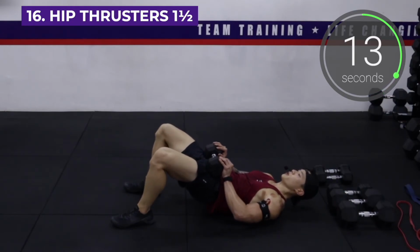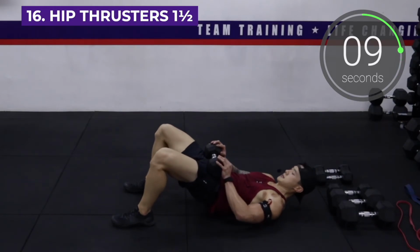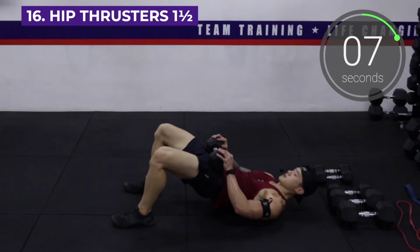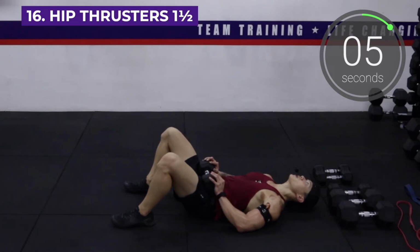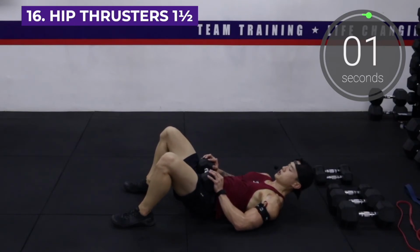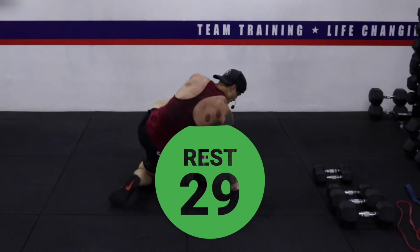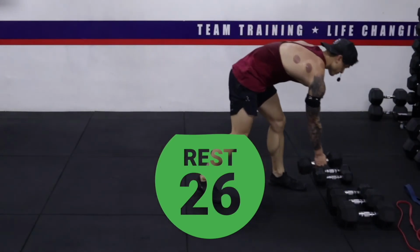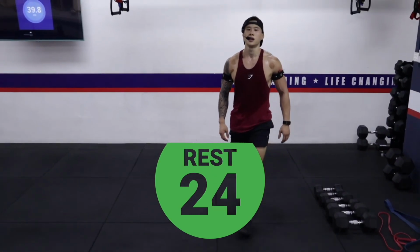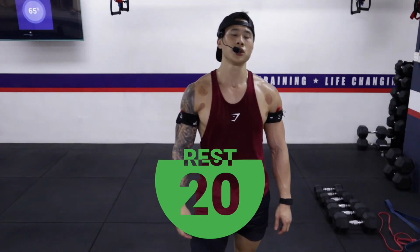In the studio here, we use plates or dumbbells and sandbags. Big squeeze of the glutes at the top. 3, 2, 1, and rest. All right. Next up, we are gonna go into